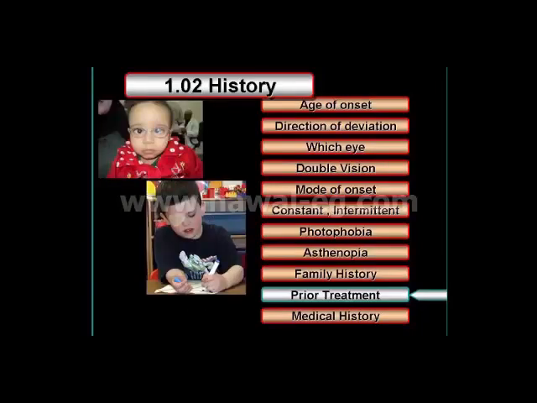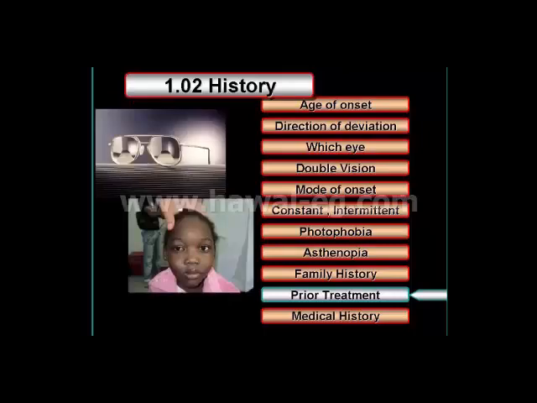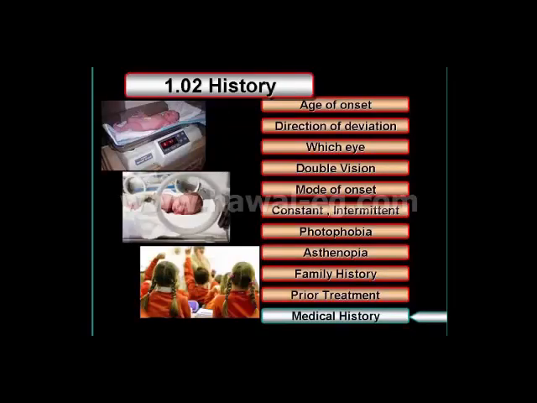Then you ask about the history of previous therapeutic maneuvers like glasses, occlusion therapy, use of prisms, or strabismus surgery. Then you ask about the personal medical history of the patient: birth weight, history of intubation, schooling, development, if there is any neurological disease, any allergies to any medications, a history of muscular fatigability,